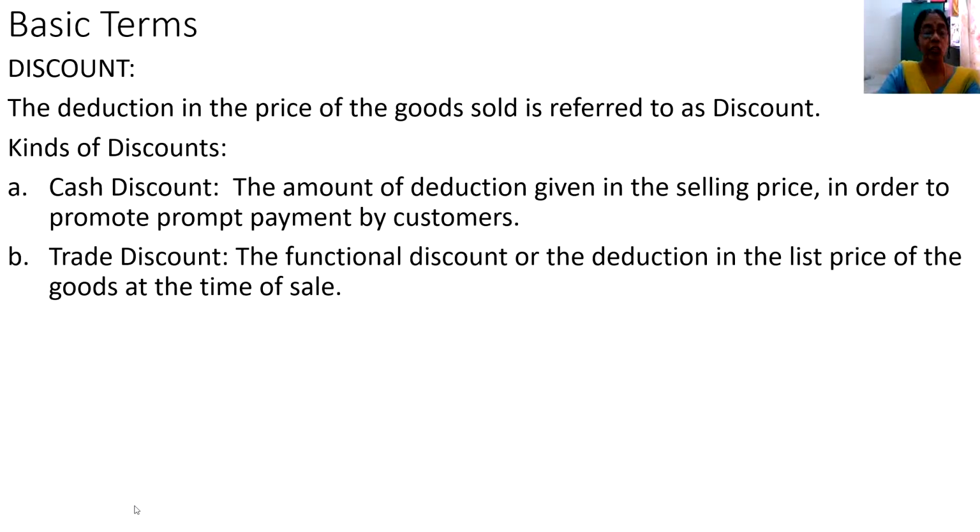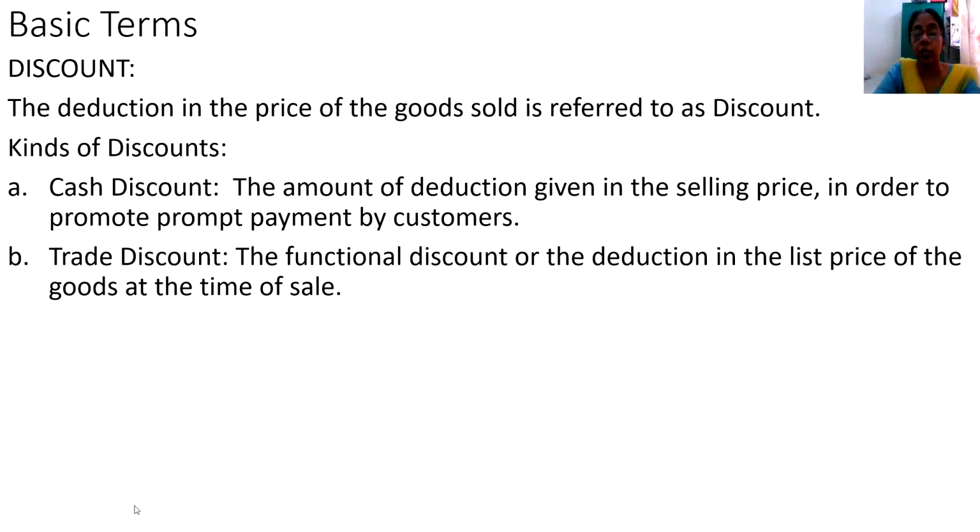Here comes an interesting word, discount. All of you must have heard about this word discount. There will be big billion sales and a lot of online sales that happen now and then. Even when you go to business units during the festival season, there would be big boards hanging saying great discount, avail facility. It's a short time period facility. So what does this word discount mean to us? It refers to some kind of reduction in the price of the goods that are being sold to us. So a reduction in the price of the goods that are offered to the customer is referred to as a discount.